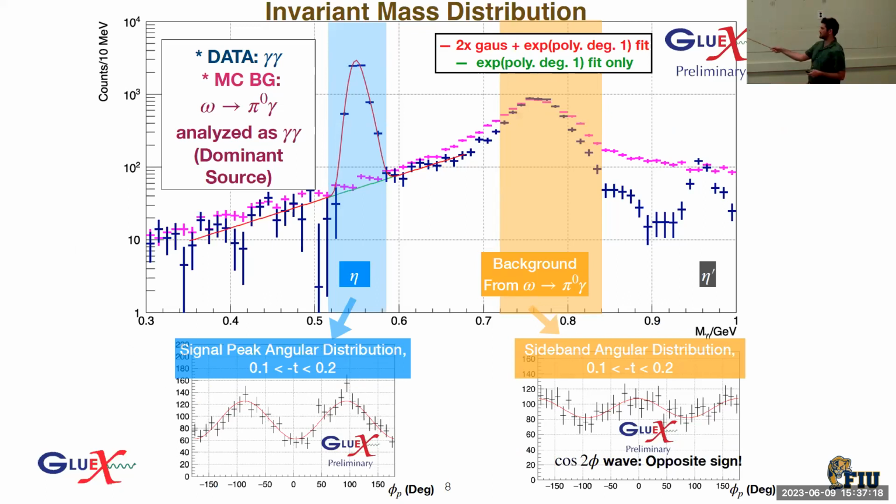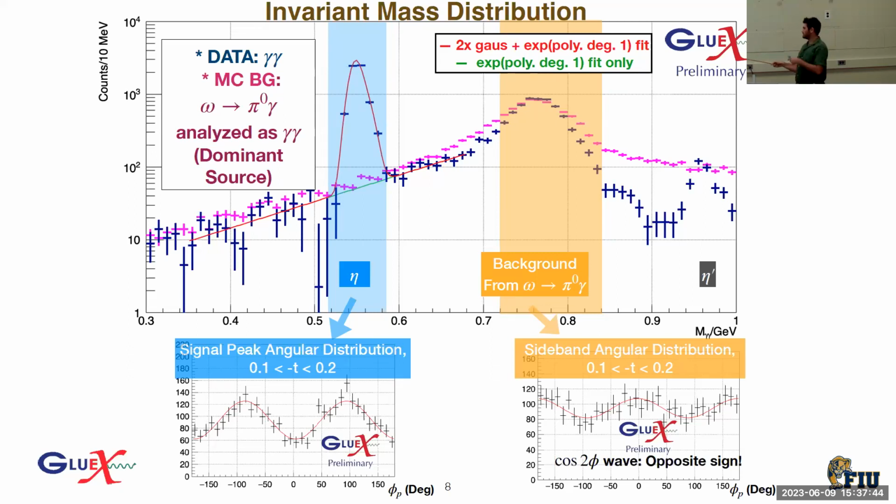One is a mass distribution. The invariant mass distribution of 2 photons gives a signal which is eta, shown here. And the background is dominantly omega going to pi 0 gamma radiative decay. I was able to simulate this with a rudimentary, at the time, Monte Carlo model. I've improved on this since. And then from there, we get yields that are important to consider when we do the angular distributions on phi,